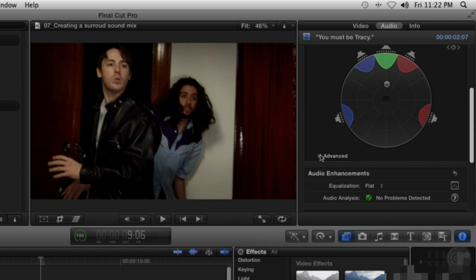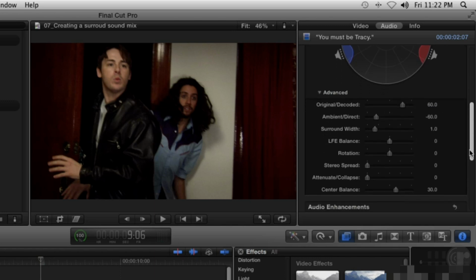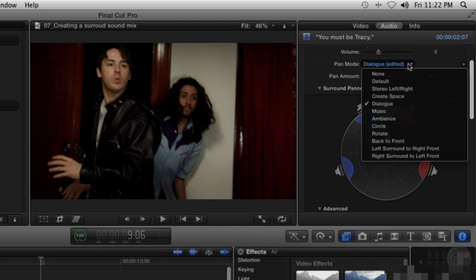An advanced section of sliders allows you to adjust specific details of the surround sound system. For most situations, you'll find yourself happy with the default set there. And that's basically it. You'd then proceed to set each of your sounds to a surround pan mode and mix accordingly. The various presets optimize the surround panner for different purposes, and use the pan amount as a simple animation